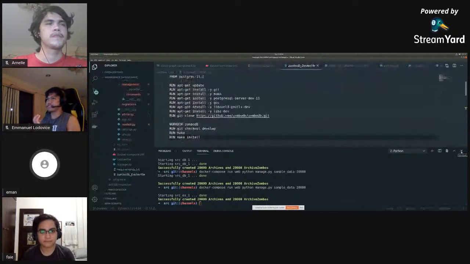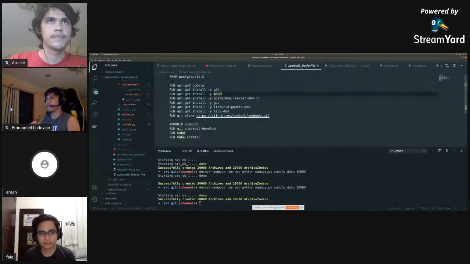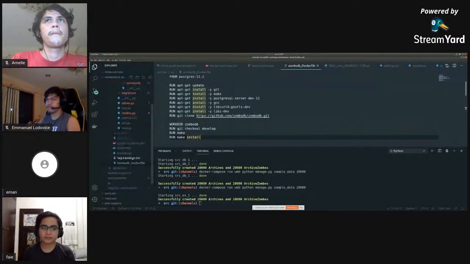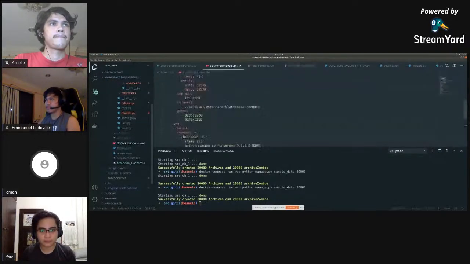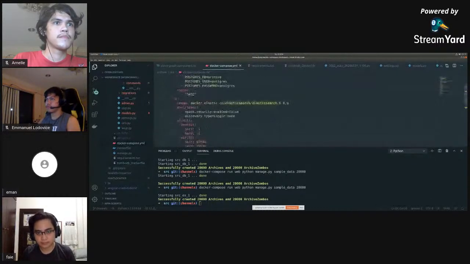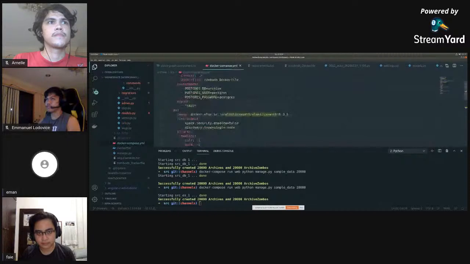It's a bit harder if you don't do it with Docker, but you just have this particular Dockerfile, then you already have a Postgres server with ZomboDB installed, and then you have another service in your Docker Compose file. You create an Elasticsearch service so that the two can just communicate,